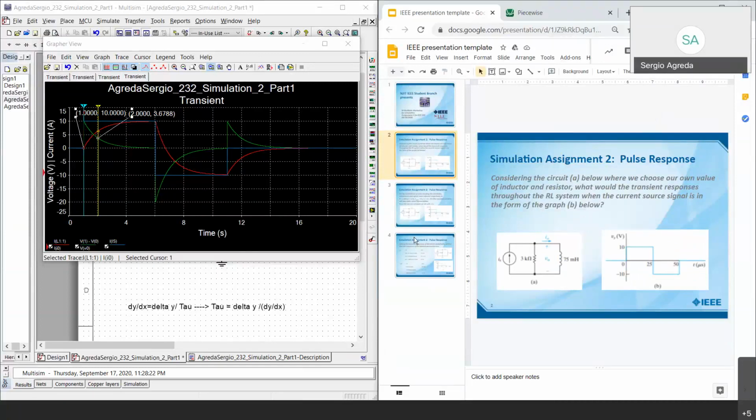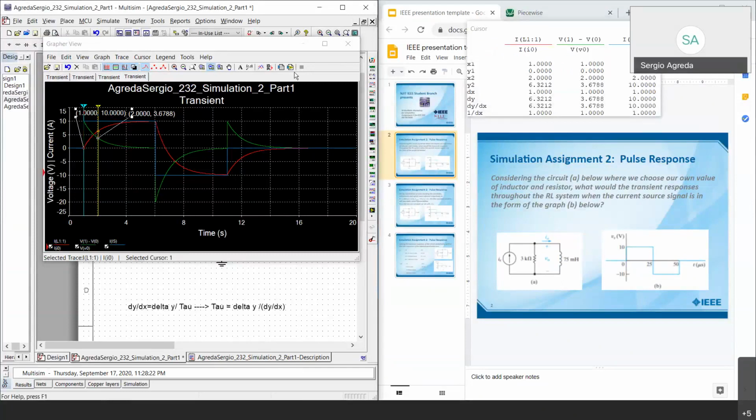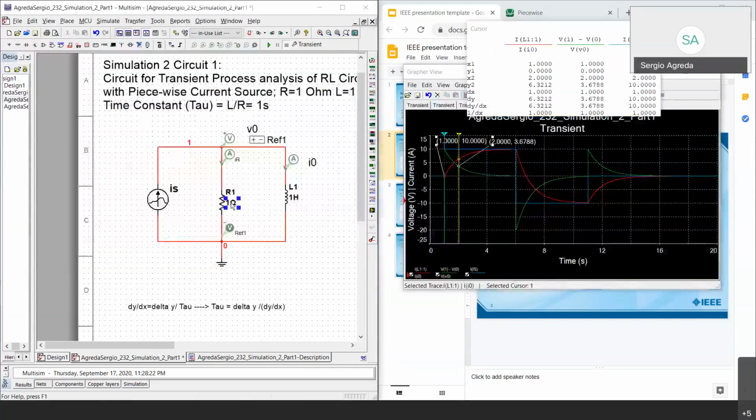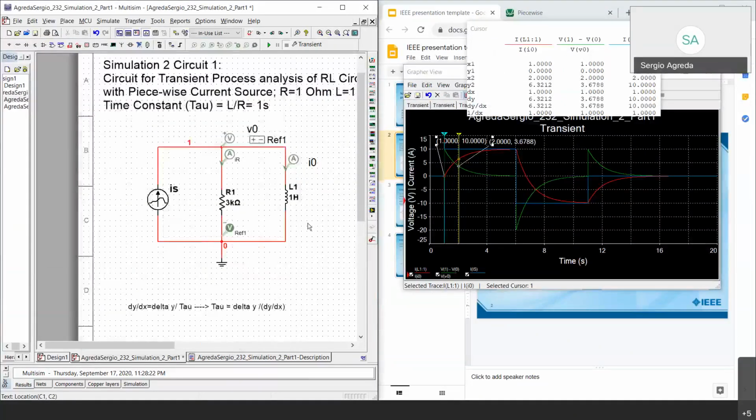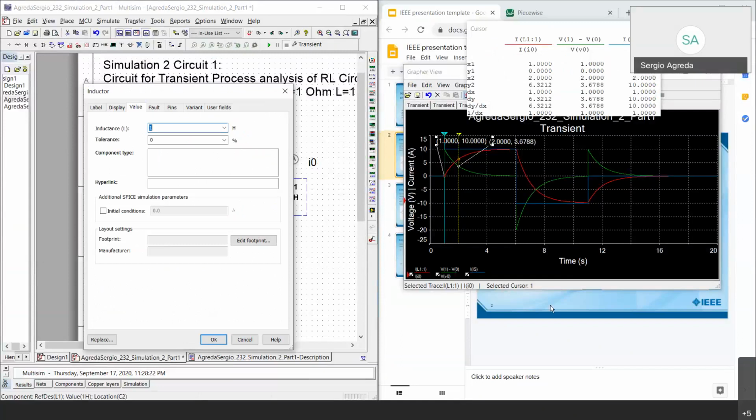Sometimes you'll get a current relative to the voltage in milliamps, while the voltage is hopefully not 100 volts. Your circuit will be a lot smaller. So if I do this in Multisim and change this parameter to 3K, and this one to 75 millihenry,